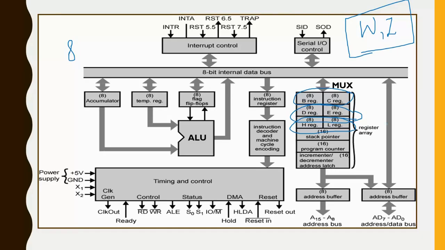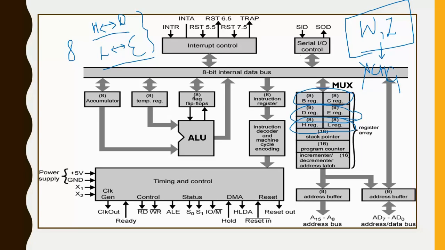So the next thing which you need to know is, if the teacher asks in which commands the microprocessor uses these, you can say XCHG. I think this is exchange, in which the content of register H is exchanged with register D, and the content of register L is exchanged with register E. So this is specific to these four registers, right? So this exchange command exchanges the contents of register D with register H, register E with register L, right?